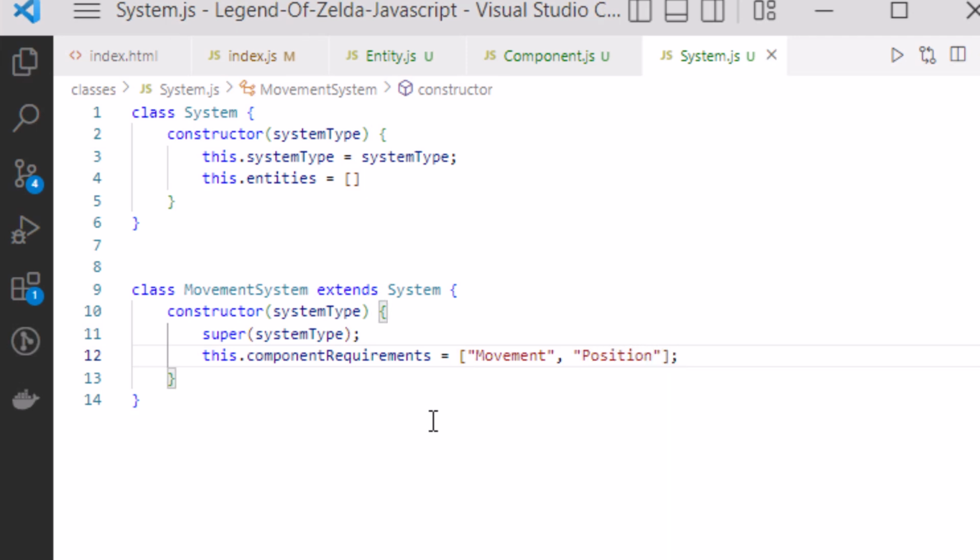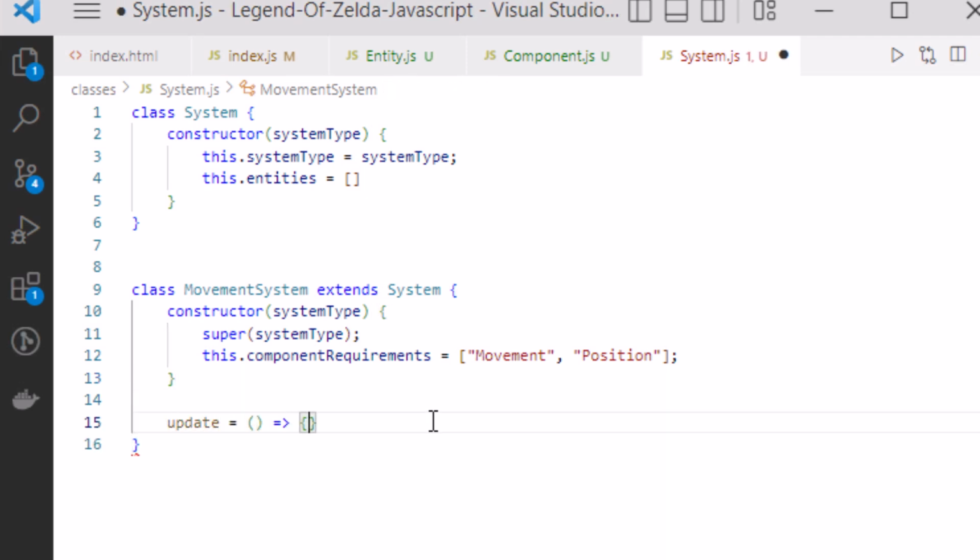Because if you think about it, there's going to be a lot of entities that don't move. So for example, the tiles that Link walks on, the background sprites that you can't really interact with, the movement system doesn't need to interact with them because they don't move. We don't intend for them to ever move. They are where we place them to be. And we will be interacting with the entities that we're concerned with